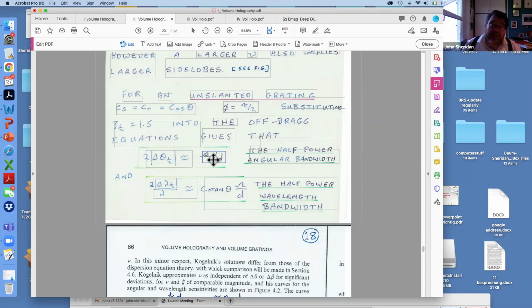We're actually putting these things closer on top of one another. And we have a similar expression we can get for the actual half power delta lambda, which gives us a cotangent of theta times this period, the half power wavelength bandwidth. So I hope you can kind of see where this might be very useful as a very nice little rule